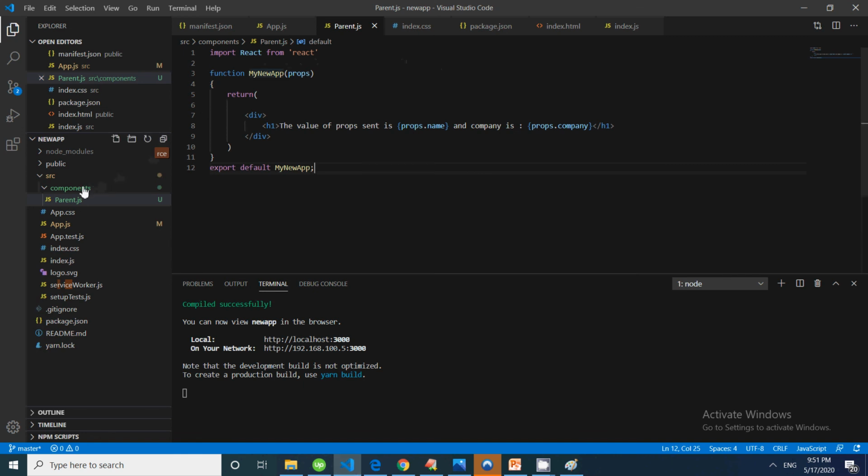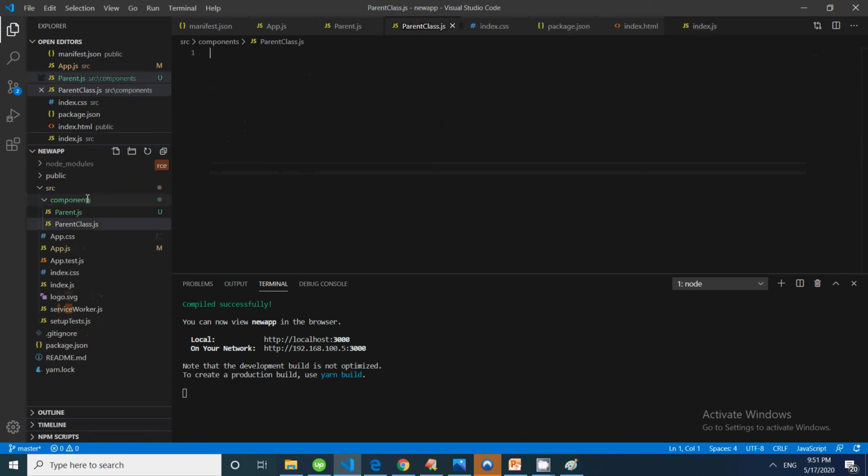So same thing can also be used in class also. So I will go in component folder, and I will be creating a class, and I will be passing the component in the class. So I will be creating a new file. So click on new file, and I will be parent class.js file. So this is again my class demonstration. Again, simple, import React, and then since it is a class, the class based approach is a bit complex as compared to function based, because functions are very simple as we use in JavaScript. So this I will use component